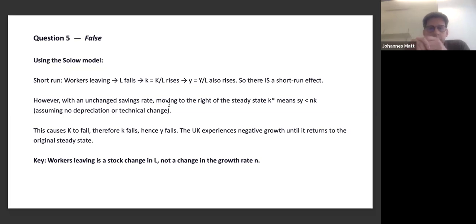That means effectively that the capital to labor ratio has increased. So every worker has more capital available to produce. And so because output is a function of capital inputs and the capital intensity, so the capital to labor ratio,